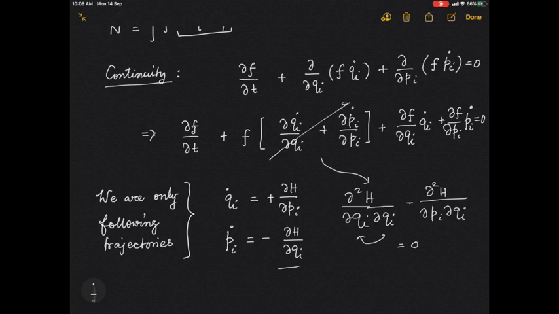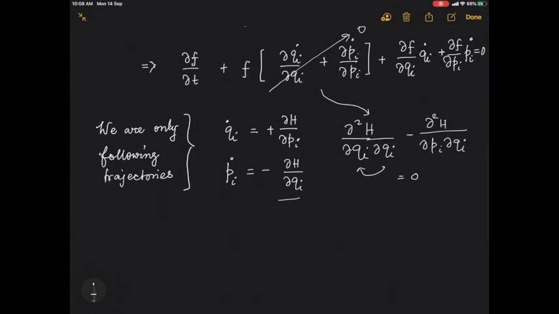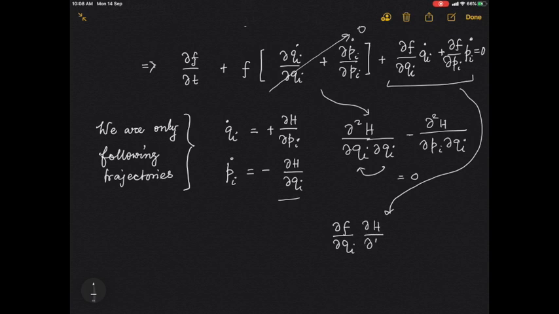Well, these are interchangeable, so this is essentially 0. So this term is 0 if you go along the trajectory. What happened to these terms? These terms can be written now as del f del qi, and qi dot is del h del pi,